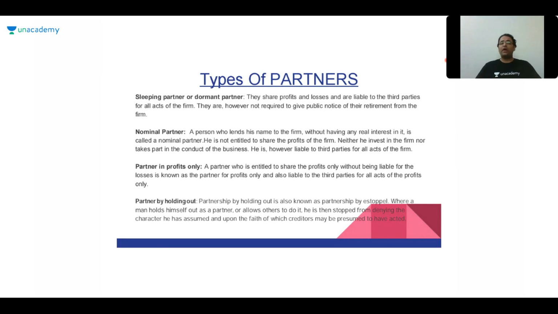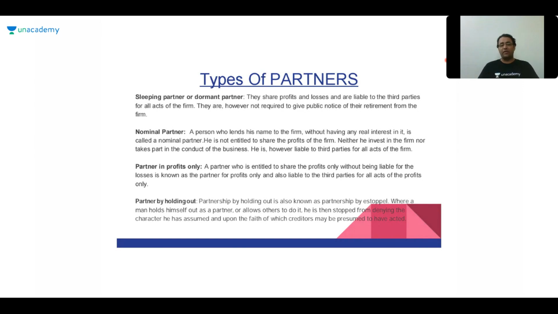So one important point to be added to my earlier discussion is that a sleeping partner need not give a public notice. Any normal partner who leaves the firm due to retirement or any reason has to give a public notice in one regional language and one English language newspaper that he has left the partnership firm, and he shall not be liable for any acts of the firm done after he has retired. If he does not give this notice, then he shall continue to be liable for the acts of the firm